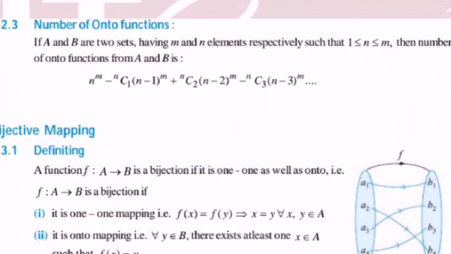This is the same as if you keep 5 pencils in 3 pencil boxes. Then what will be the number of functions? The number of functions is 3 to the power 5. But if 5 pencils are kept in 3 pencil boxes so that none of the boxes remains empty, at least one pencil you have to keep in each and every pencil box. So from the 5 pencils, please fill each and every pencil box. Every single pencil box will be filled by a single pencil.